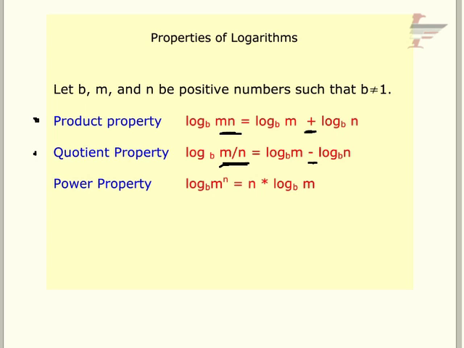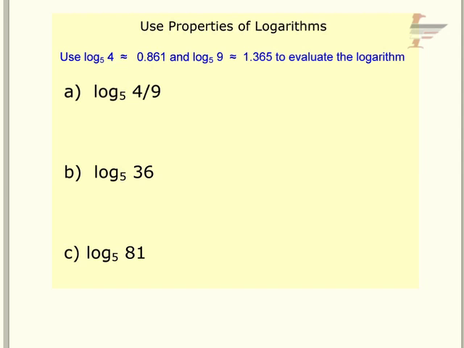And last but not least, the power property says if you have log base b of m raised to the n, that power comes out front of your log and multiplies times it. So again, that n power gets pulled out front instead of as a power. So how you'll apply these logs: note first that log base 5 of 4 is approximately 0.861, and log base 5 of 9 is approximately 1.365. So if it asks you to figure out what log base 5 of 4/9 is,